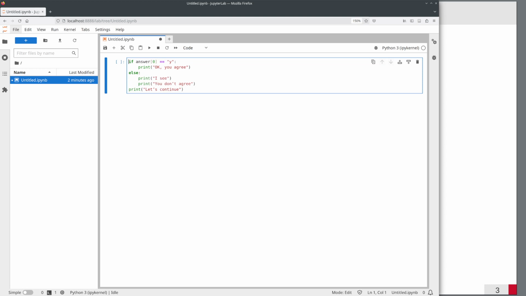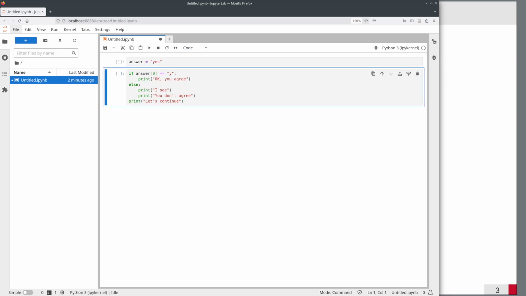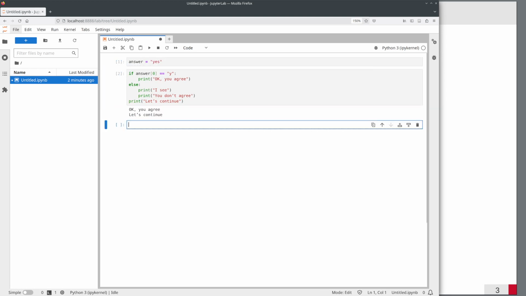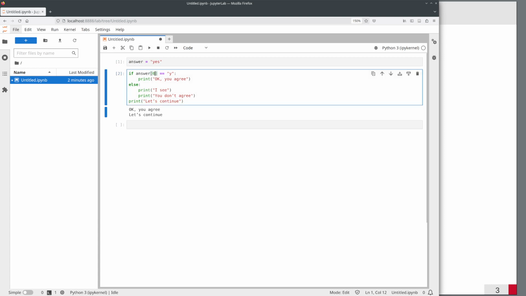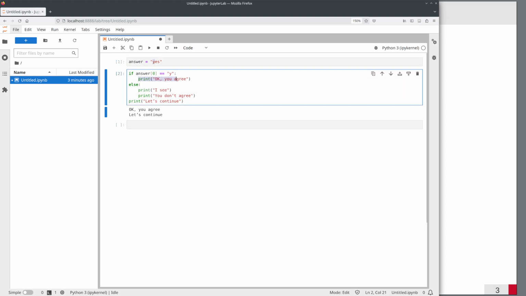So let's assume that I have a kind of answer. The answer should be a string, and it should be just yes, and then I can execute this depending on my answer. I'm just investigating the 0th character of the variable, which is just the letter y,